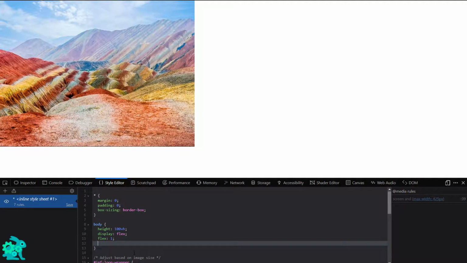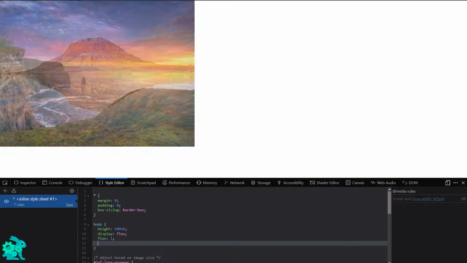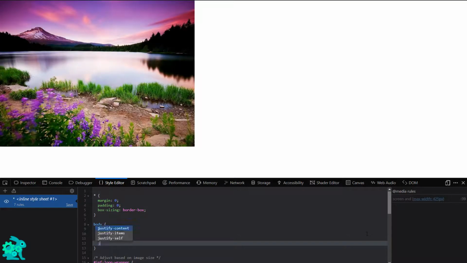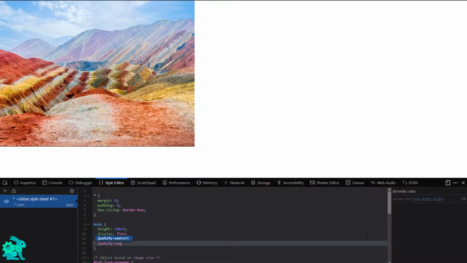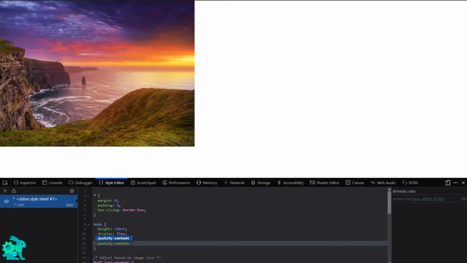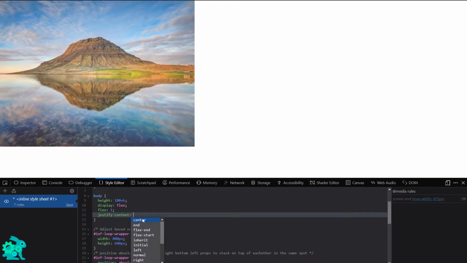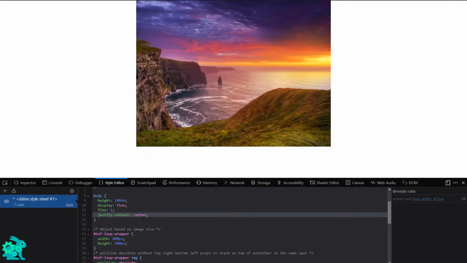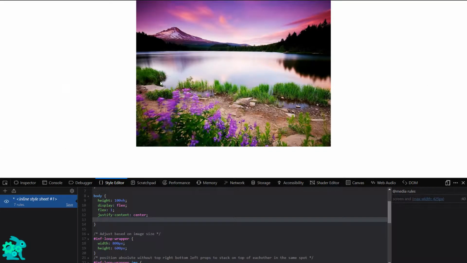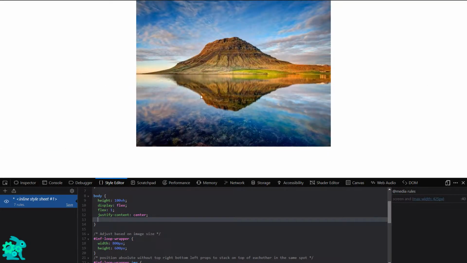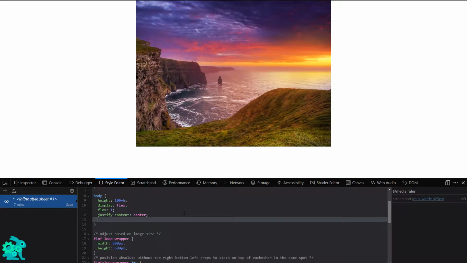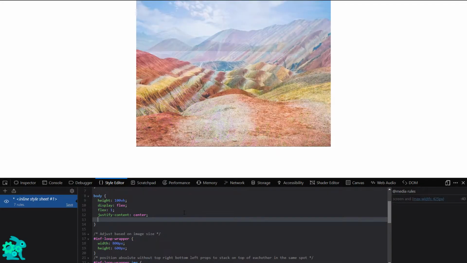is the body. Next, what we got to do to get this centered correctly is we're going to say justify content, which is referring to the container wrapper right here. We're going to set that to center, and right away you should see it goes center horizontally. And to center it vertically, the next thing we got to do is align